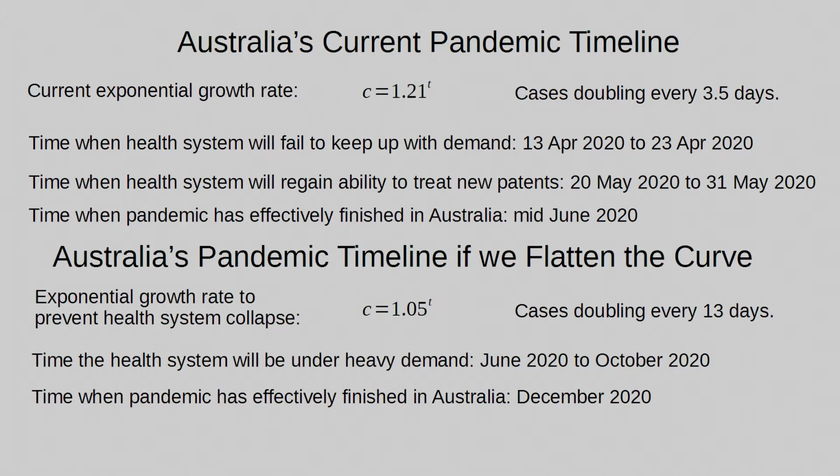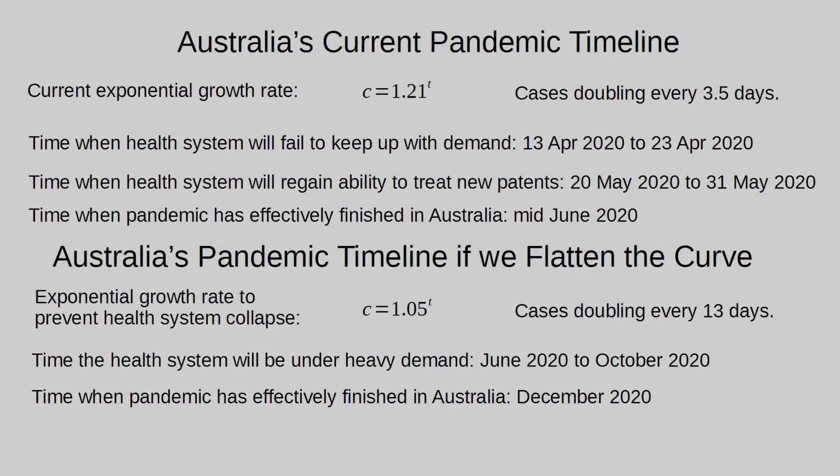If Australia is able to flatten the curve, reduce the rate to a point where we are not going to overstretch our health system, we will need to get our cases to double every 13 days or even a longer period than that, which corresponds to taking today's cases and multiplying it by 1.05 to get tomorrow's cases. Anything more than that and our health system will not be able to keep up with the number of cases.